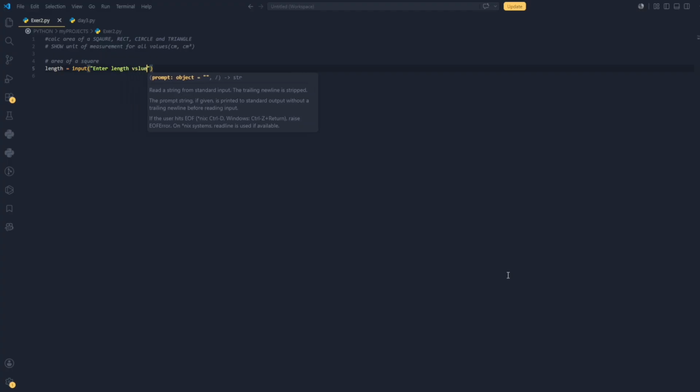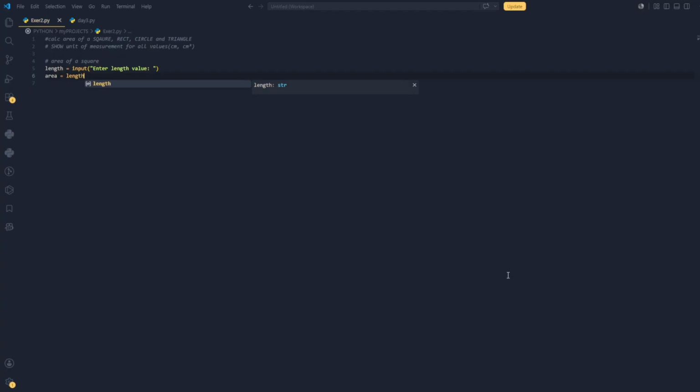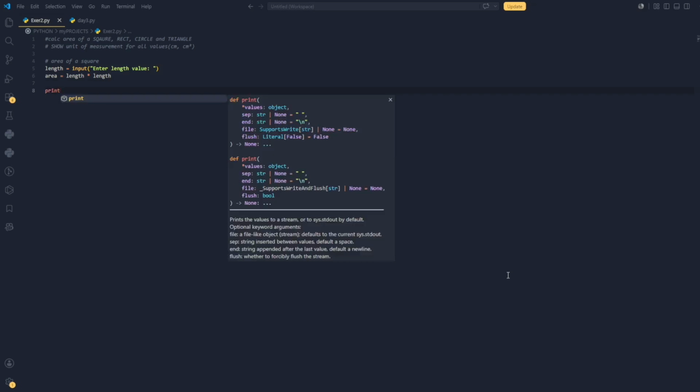Okay, beautiful. So enter length value. Here we will enter the length, or the value of the length rather. So the area of our square is then length times length. Okay, so if I print out the area of the square rather,